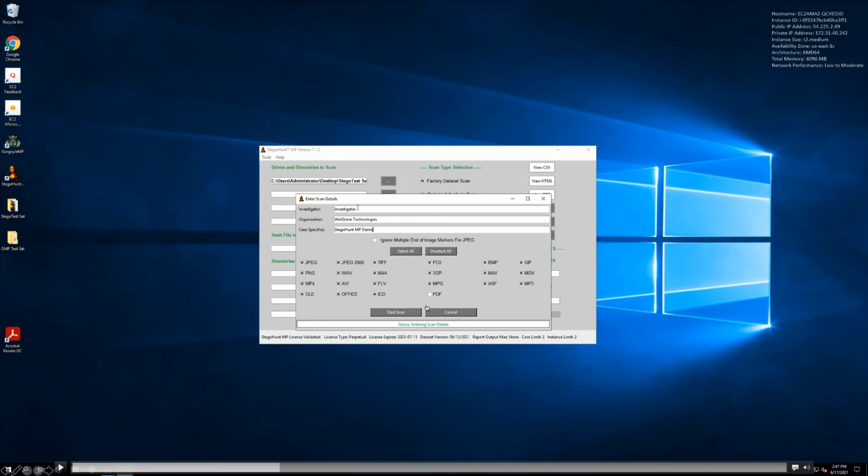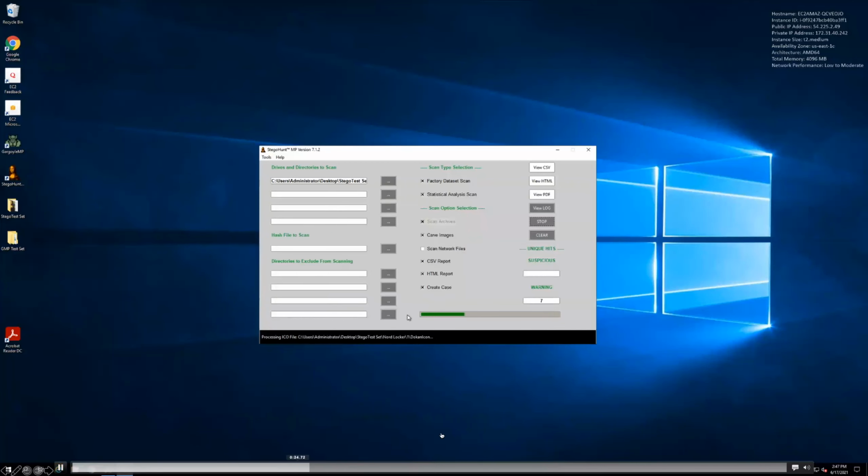These are some additional scan configurations that can be used to turn on or off detection for specific file types. So that can be customized at the start of the scan. And so once the scan starts, you can see we've got very quick processing here as we go through. I'm going to skip a little bit here to the end, and then we can actually see the final result